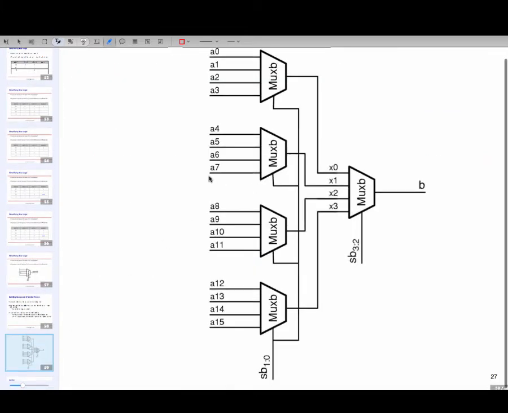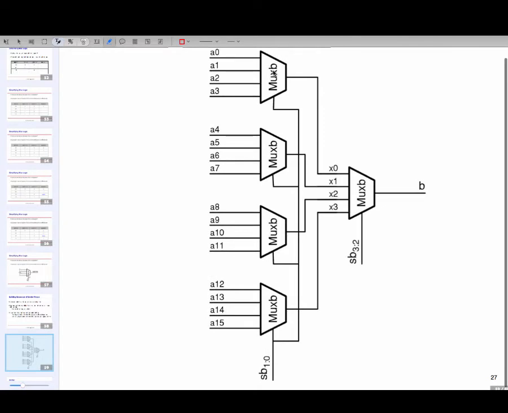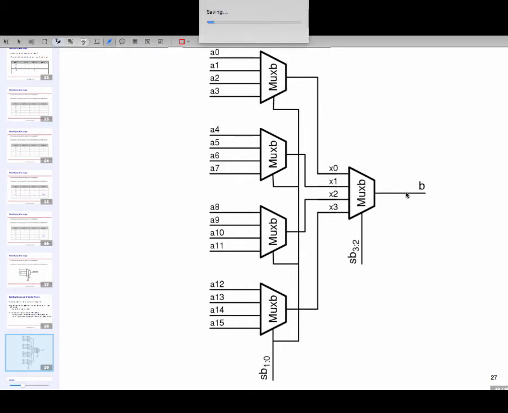So what is happening out here is I have a bunch of 4:1 multiplexers. I take four 4:1 multiplexers, take their outputs and feed them into another 4:1 multiplexer. And now I have a 16:1 multiplexer where the lower 2 bits of my control select one of these source multiplexers, and the upper 2 bits select this one.